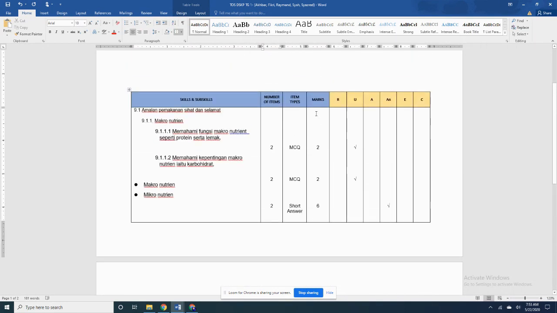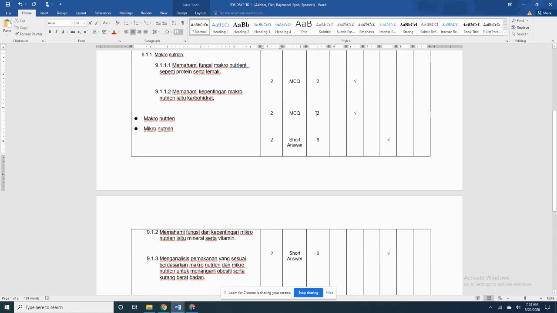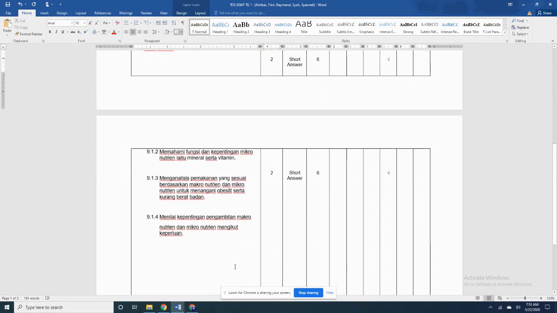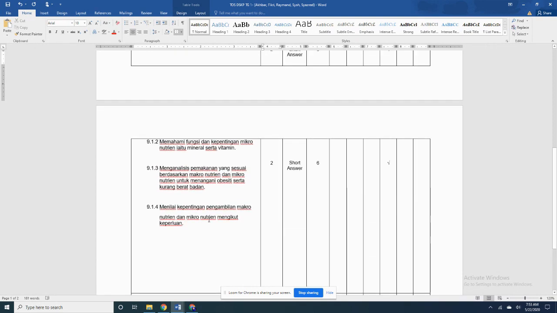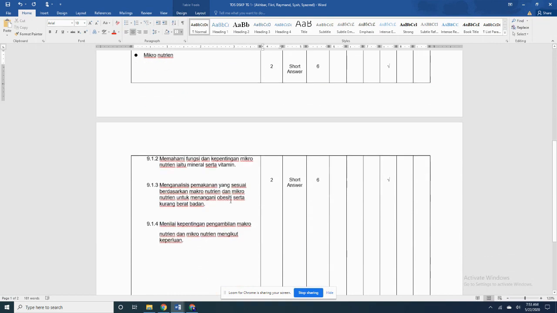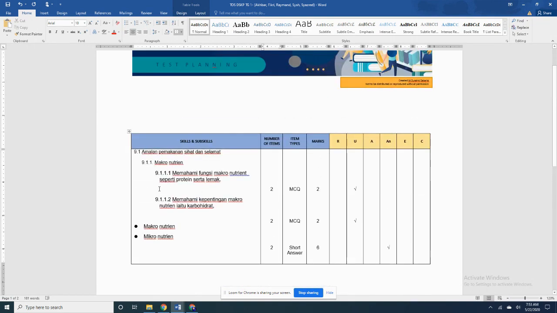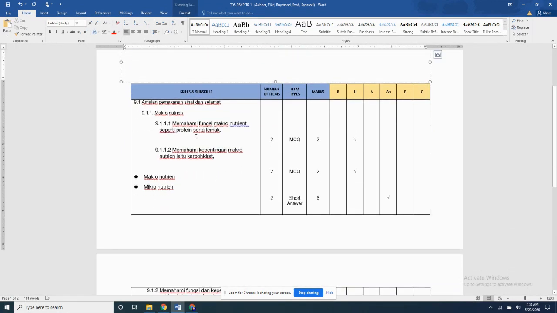Okay, another thing which I have noticed, let me see whether I'm on the right TOS. This one has no text, so menilai kepentingan pengambilan micronutrient. So you should tick here for evaluation for this particular item. So for this TOS, there are certain questions that fall under micronutrient.